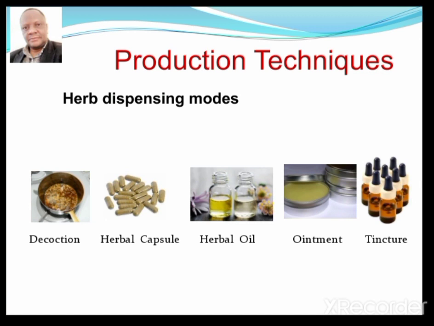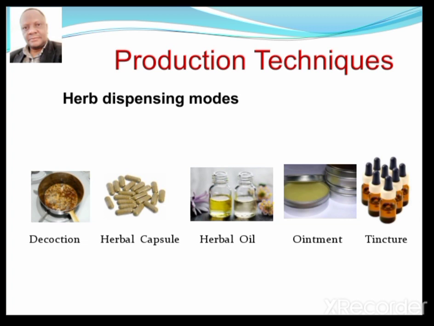But basically, what we mean by herbal oil is that plants can be extracted in your preferred oils like coconut oil, and all other oils that are known, like olive oil and so on and so forth. And once you get that, to make an ointment becomes easier because all you need is just a natural thickener. Like I said, some of these we can only talk about in physical classes so that you can see it